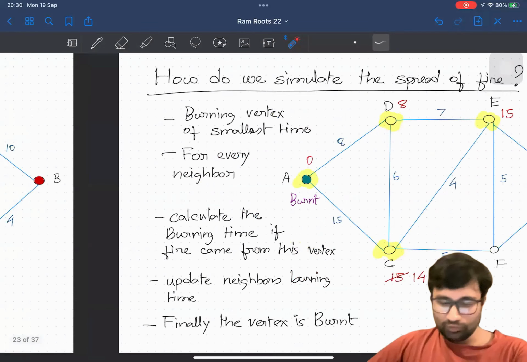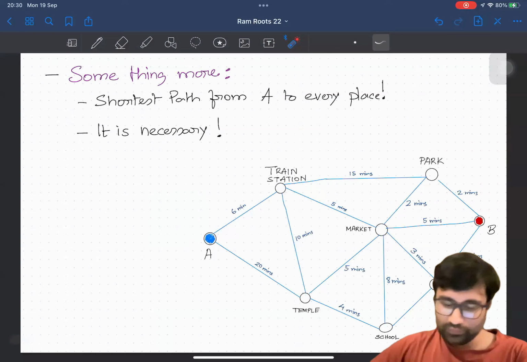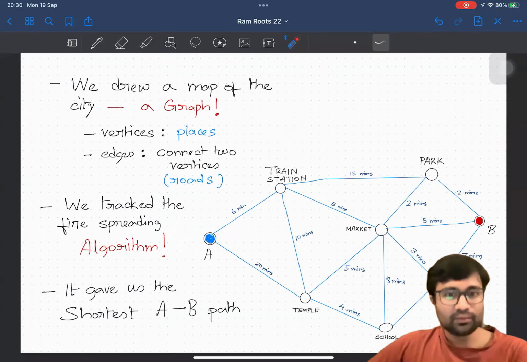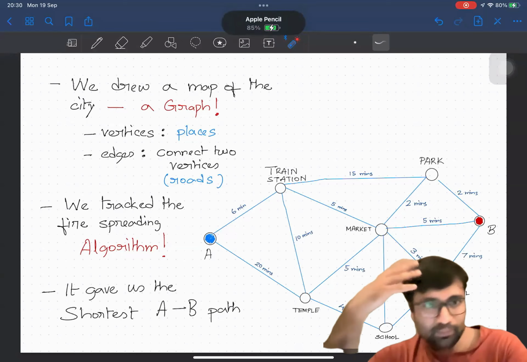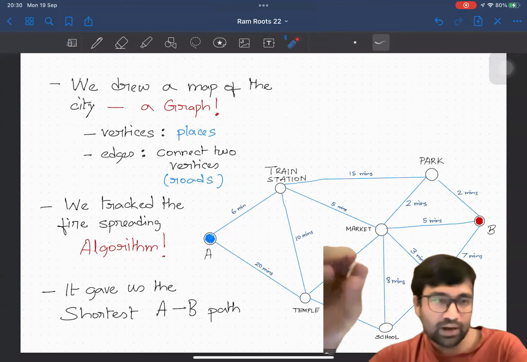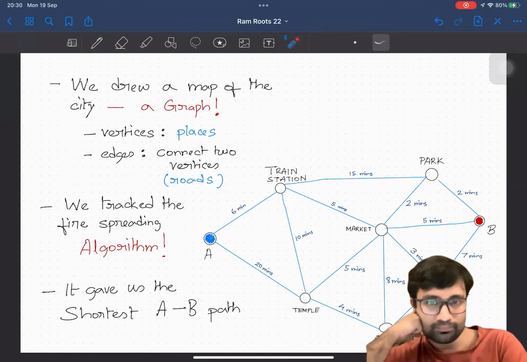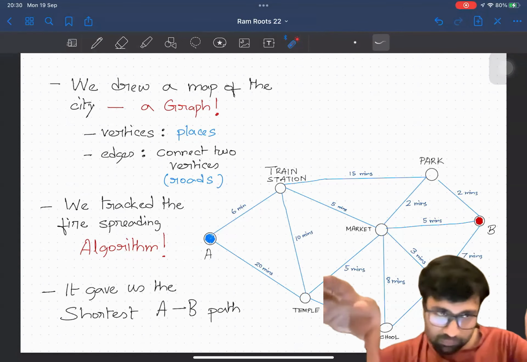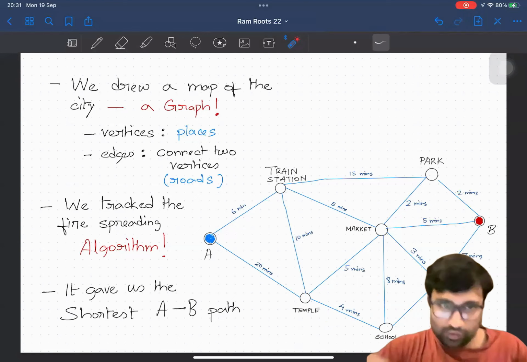I'm wondering if I should cover this or not. Perhaps not. Let me just stop here because the other part might become more complicated. But hopefully you have understood one way of finding the shortest path from one place to another, right? And this process, we did it by hand,